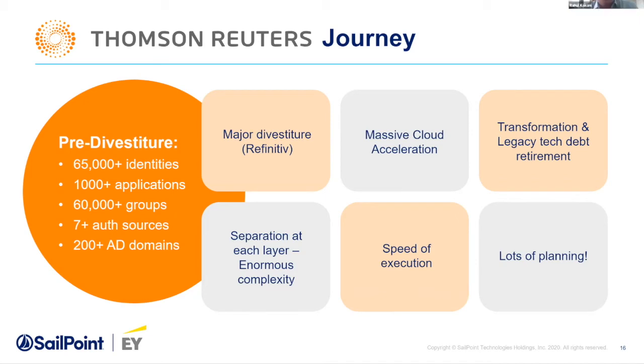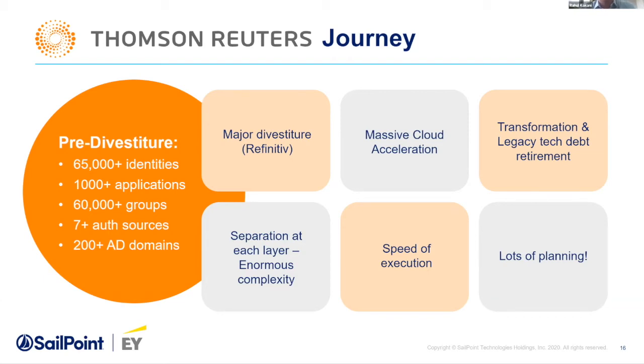Why this is important to stress is the size of the transaction: almost half of the company was divested. As a result, every layer across the company went through the separation. To give you a perspective on the scale and complexity, from data centers to corporate network, applications, infrastructure assets, AD domains, security tooling, including identity and various teams, everything was separated and an owner was identified. And because of the way it was split, it resulted in numerous